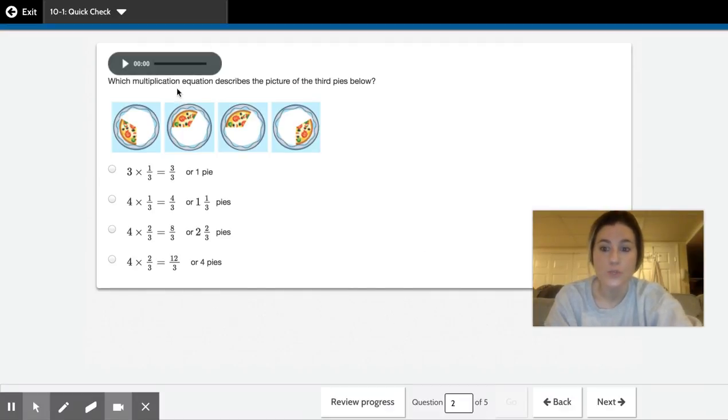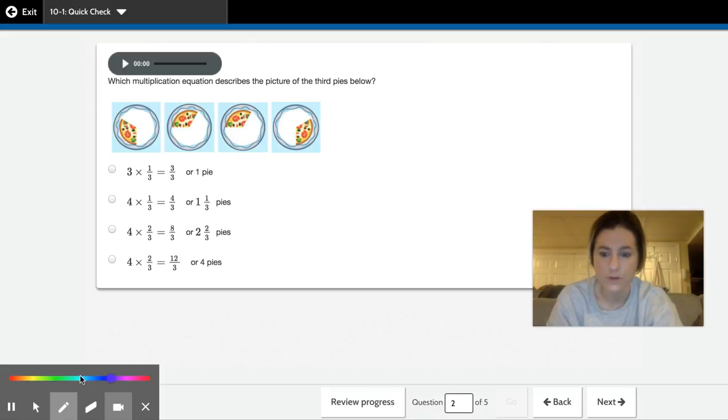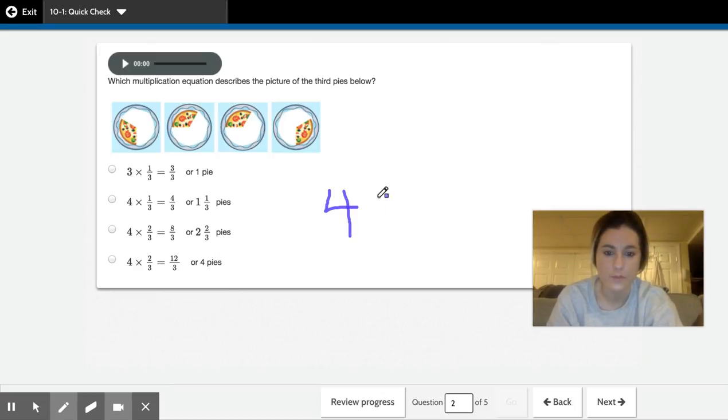Okay, number 2. Which multiplication equation describes the picture of the third pies below? So each pie could hold 3 slices. There are how many pies? 1, 2, 3, 4. So we have 4 pies times the unit fraction, which is 1 out of 3. And if we do 4 times 1/3, we get 4